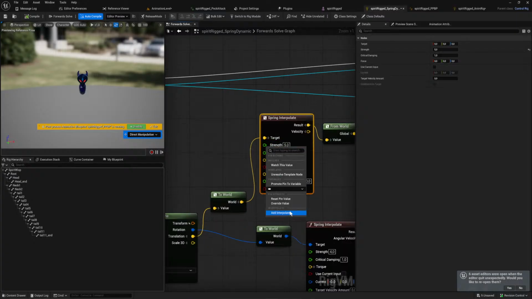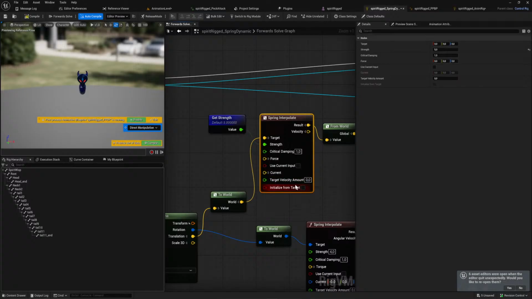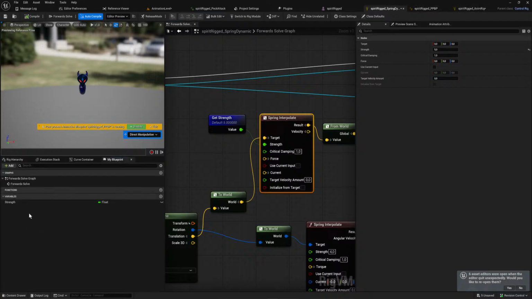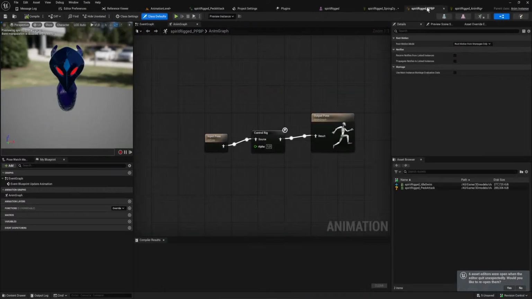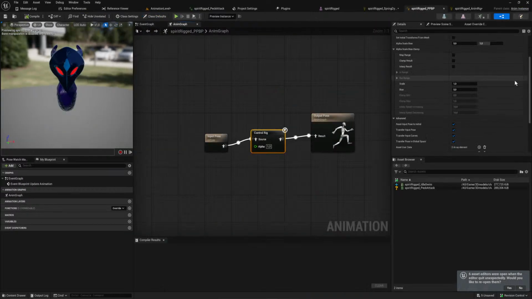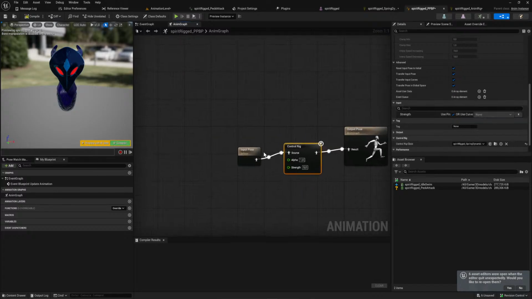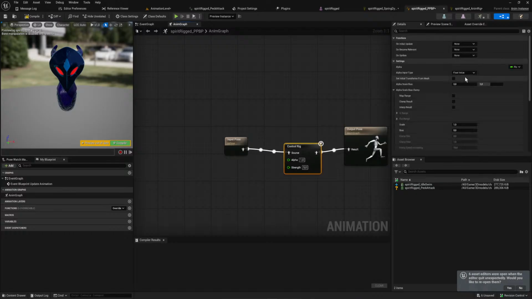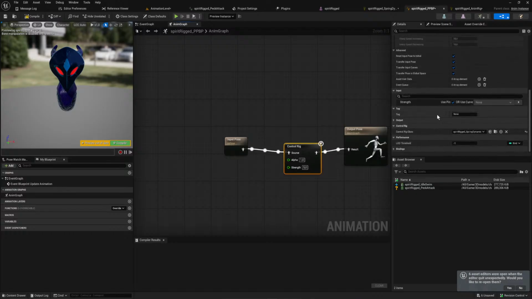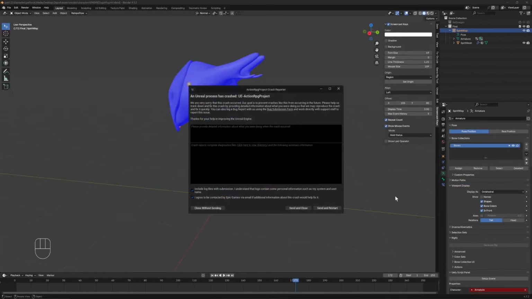Right, so we just make this a variable. We go into here, we can then make that exposed, I think, right? Strength, yes. And we should be able to drive that through a curve. So if we make